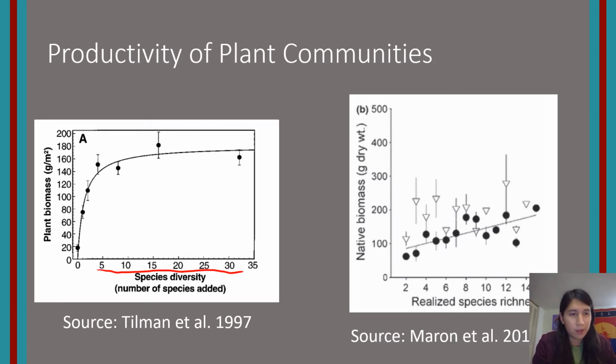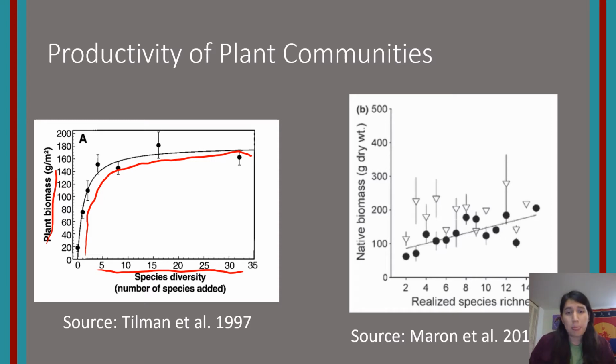It's seen here where they had these plots. One plot had just one plant species, and another plot had something like 30 plant species, or 32, I think. Then they measured plant biomass. Again, biomass is what you usually measure to see how productive a system is. So this shows that lower diversity systems don't do as well, but the more diverse you get, the more productive you get. At a certain point, it does level off. That's interesting, meaning that we still see this trend happening: the more plants you have in a single setting, the more they'll grow.